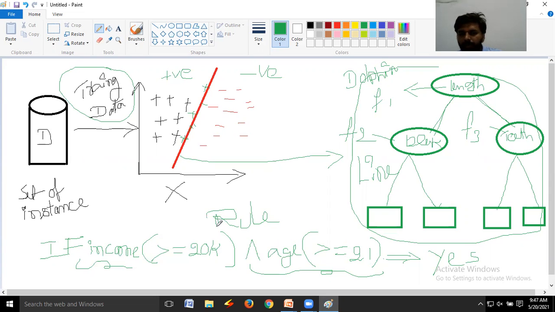The rule model contains a set of rules, right? There are two types of rule models: ordered rule models, which are called rule lists, and unordered rule models, which are called rule sets. We already discussed rule lists and rule sets in the earlier videos. Similarly, we already discussed tree models in the earlier videos. That is unit 3.